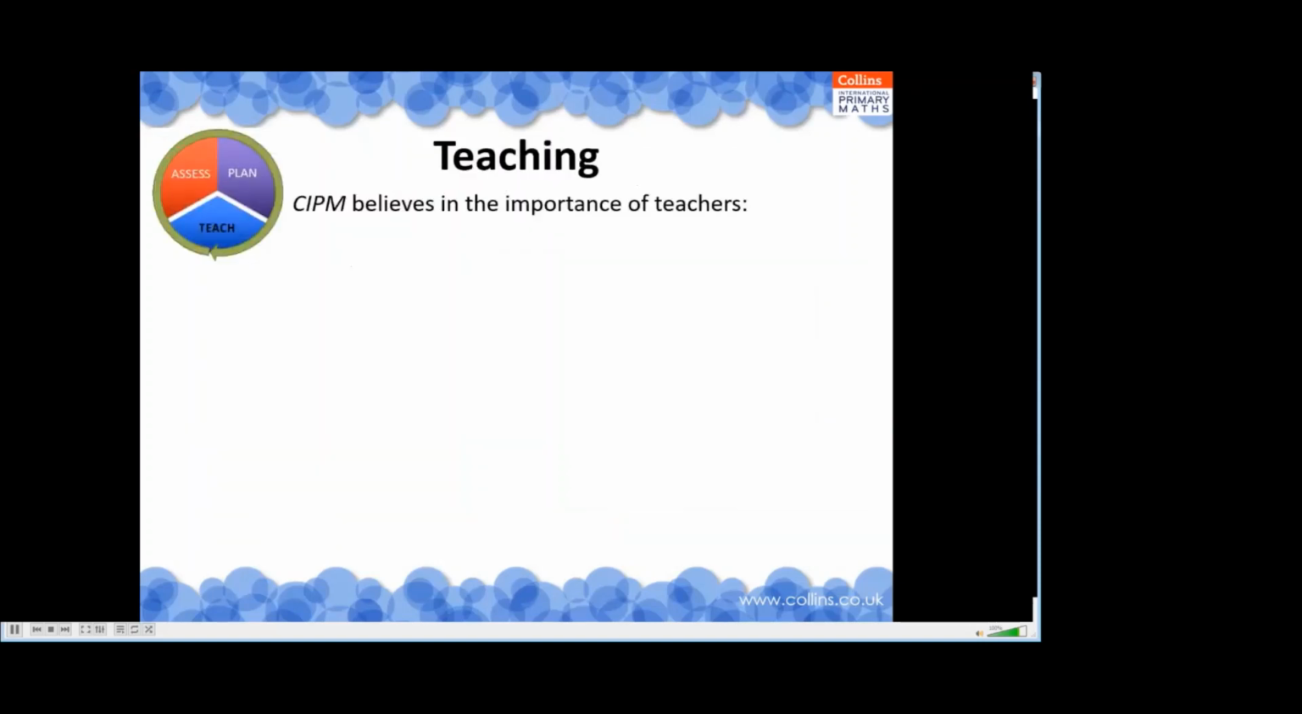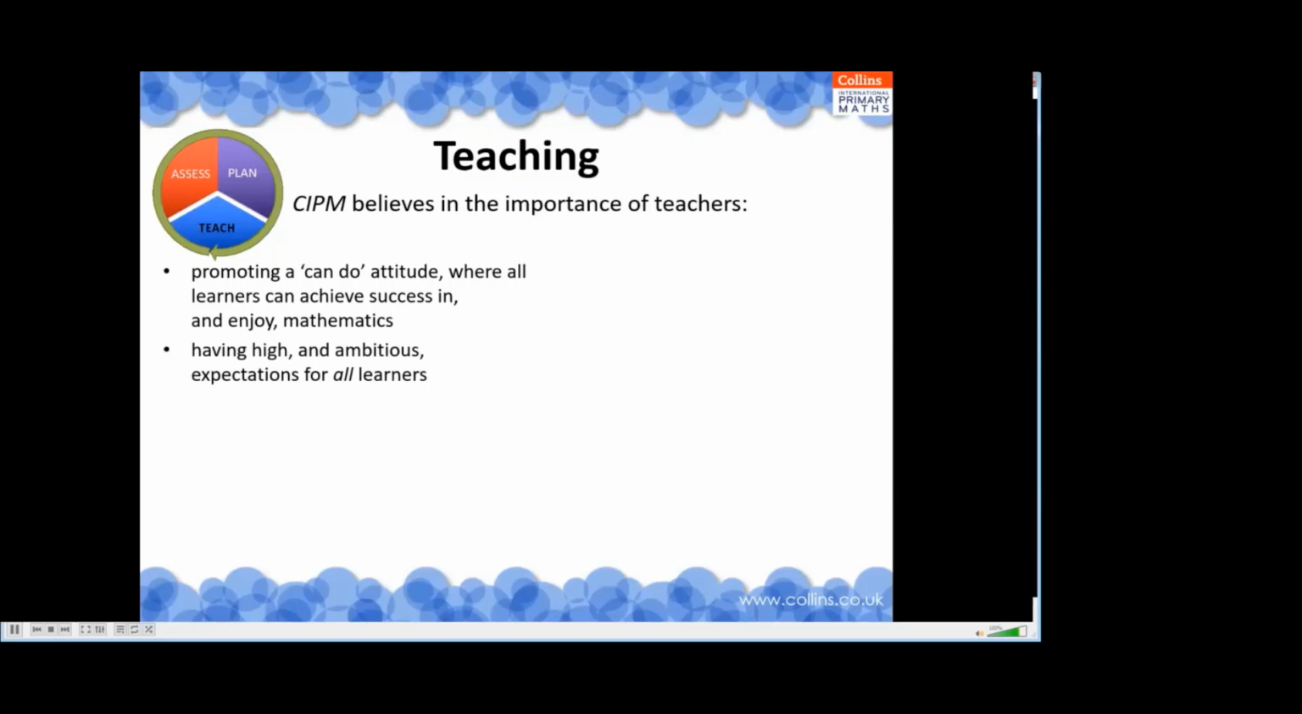The next part of the teaching and learning cycle, and arguably the most important element, is teaching. Collins International Primary Maths believes in the importance of teachers promoting a can-do attitude where all learners can achieve success in and enjoy mathematics, of having high and ambitious expectations for all learners, of adopting a philosophy of equal opportunities with all learners having full access to the same curriculum content,